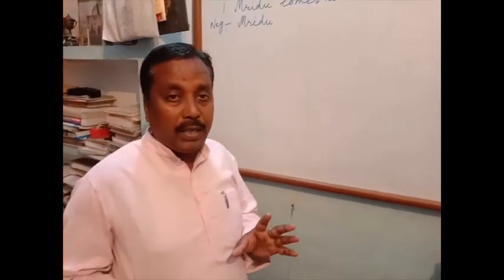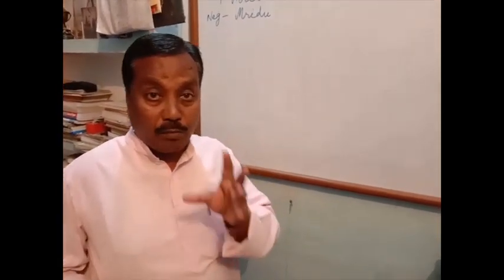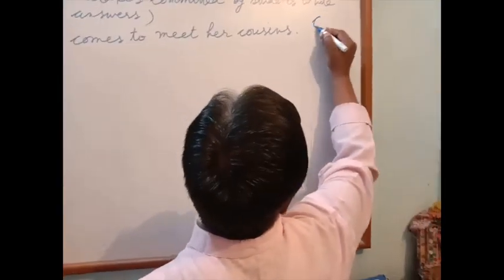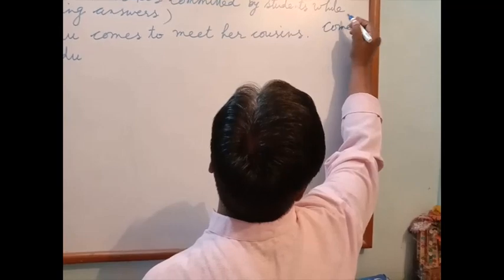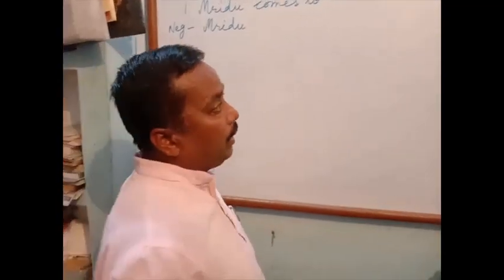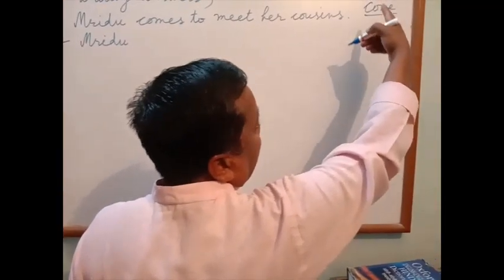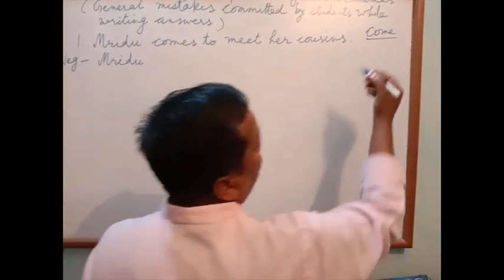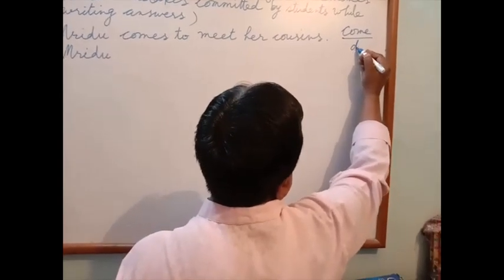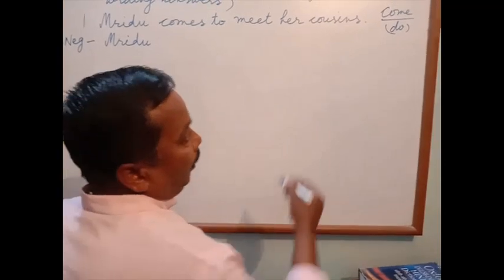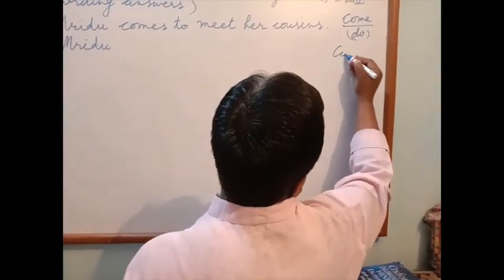Verb always remains in plural form. Suppose this is V1, and it is in plural form. So here do is hidden. Suppose we write comes,